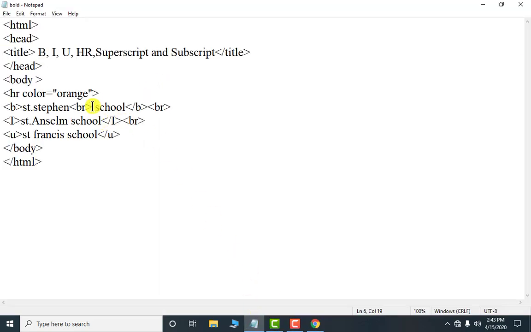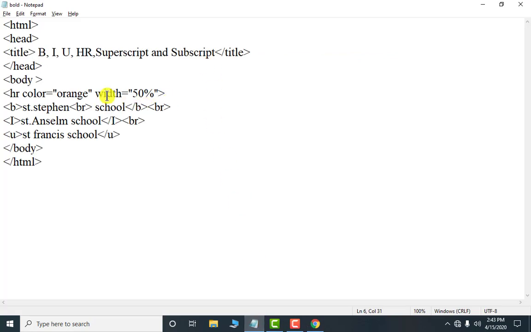If you say, sir, I want to increase the size of it, look, here we have two attributes. One is size, one is width. If we talk about width, we will increase or decrease the size of the line horizontally. And if we talk about size, it will increase or decrease the size vertically. Okay, I'll show you both. First of all, I am showing you the use of width, width equal to, here I am writing 50%. Okay, now let's save it. I'm pressing the shortcut key Control S. Now here F5. Look, the size is changed horizontally because I have used this width.